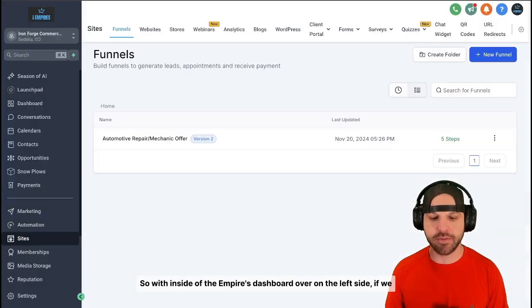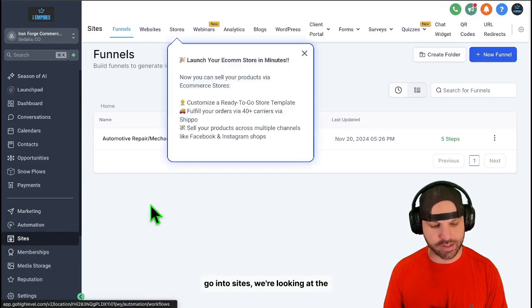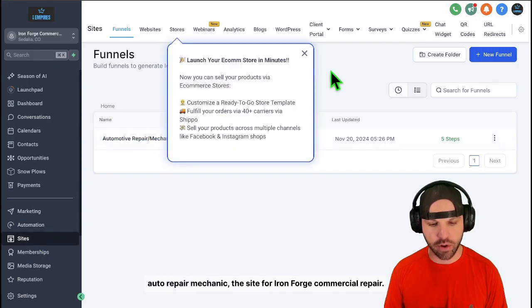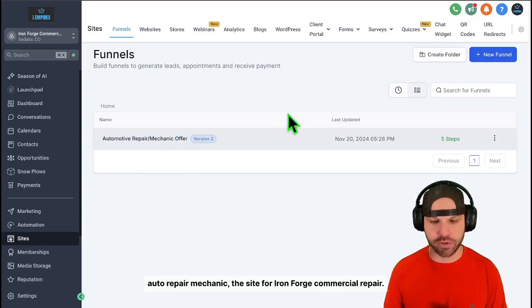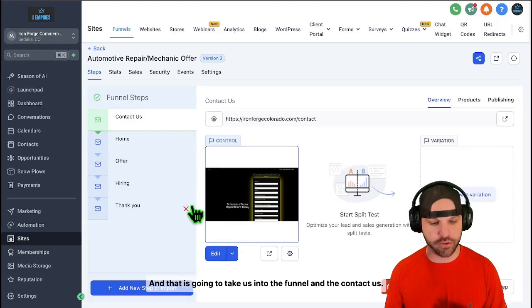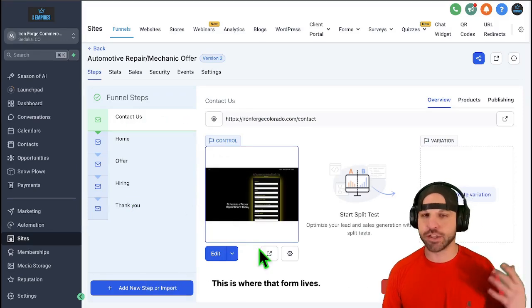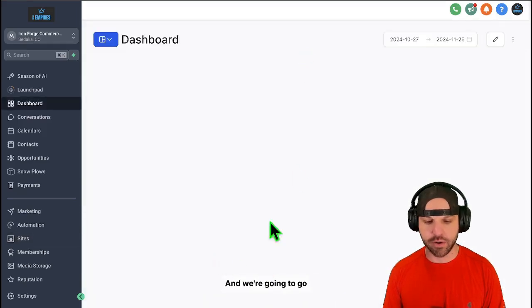So inside of the AI Empire's dashboard, over on the left side, if we go into sites, we're looking at the auto repair mechanic, the site for Ironforge Commercial Repair. So you can click on that, and that is going to take us into the funnel. And the contact us, this is where that form lives. So I'm going to click edit right here, and we're going to go